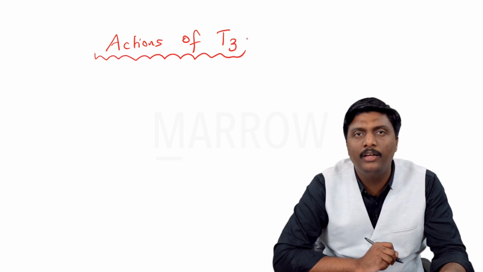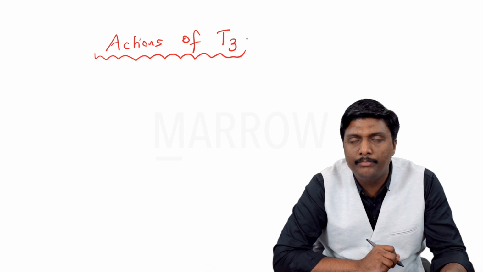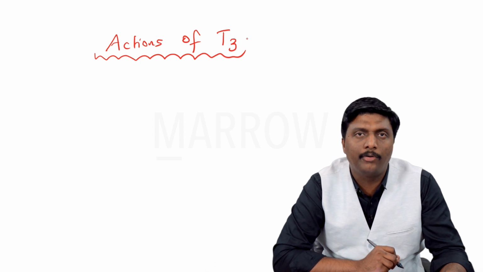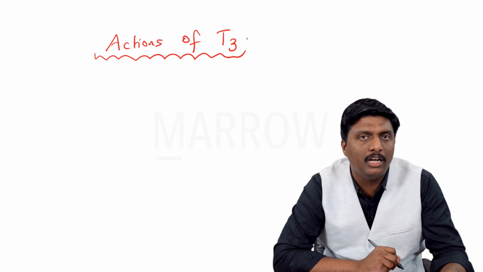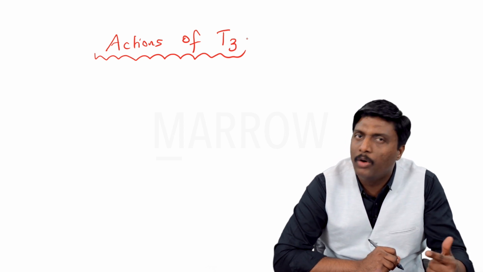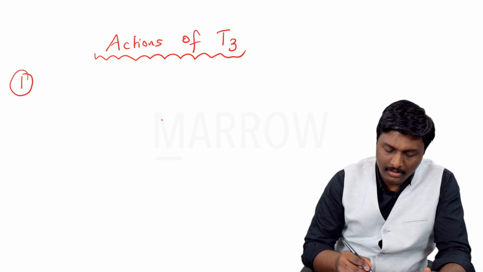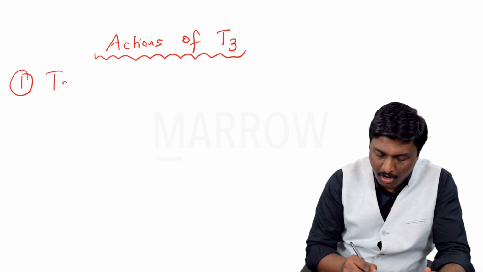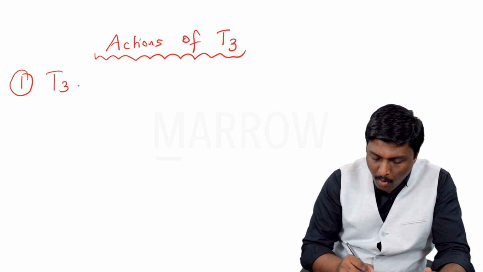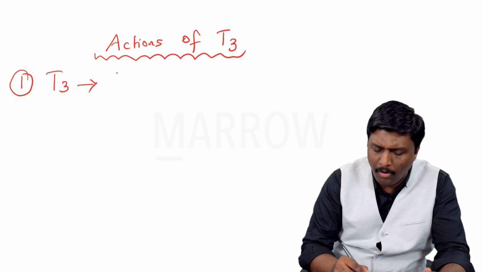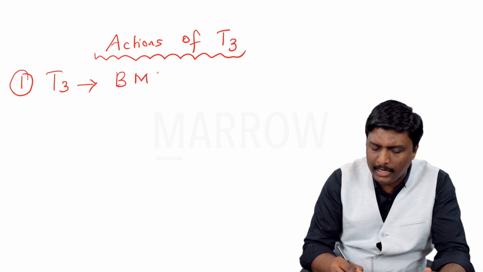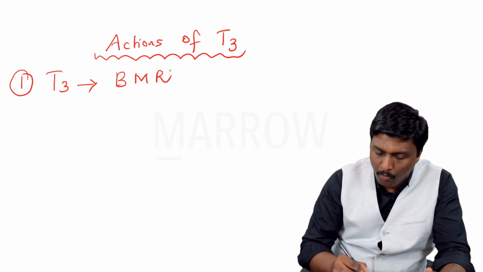Think by yourself, why did nature preserve something called thyroid hormone? It is capable of performing certain functions which are not done by other hormones. What are these important functions? The first important function of thyroid hormone, which it is exclusively known for, till now we have used more than 100 times this important word, which is none other than BMR. What does BMR